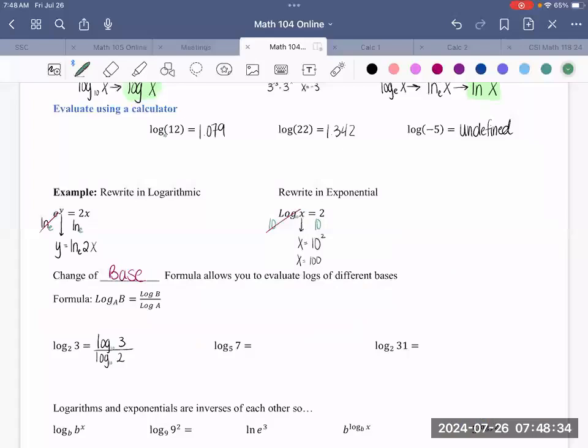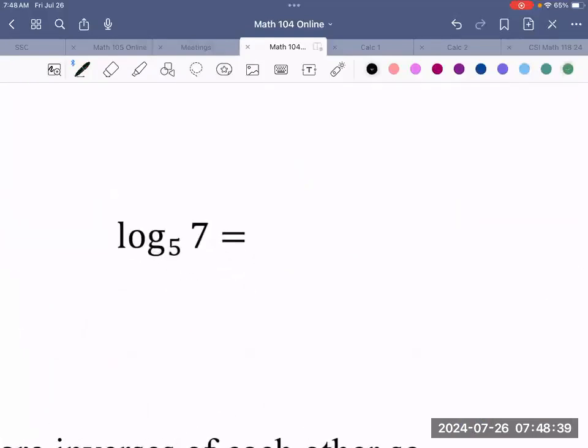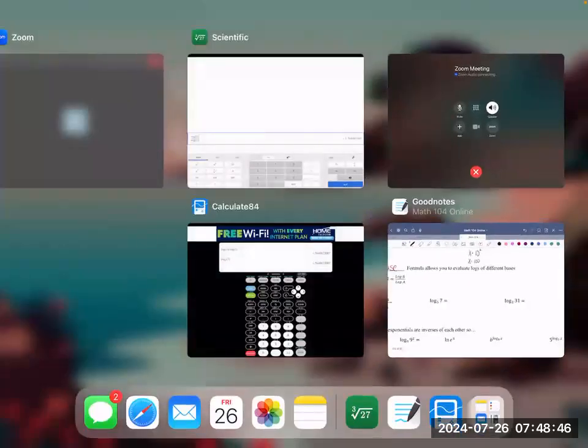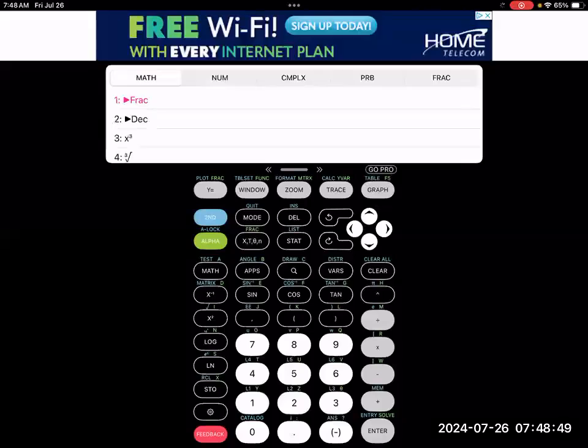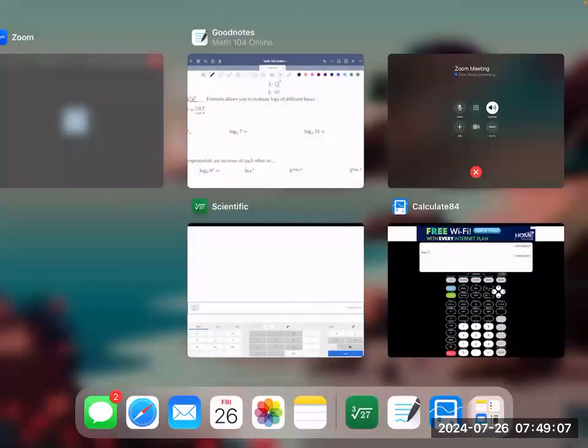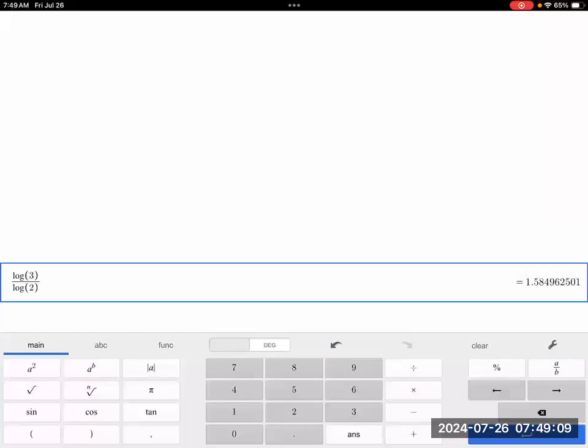So pause the video, see what you can come up with for the remaining 2. Okay, so we get to evaluate. Oh, that's what we're doing. We're evaluating. And I'll show you here in the change of base. We said log base 5 of 7 is 1.209. And then I'll do the last one in Desmos, where I'll just change these values,